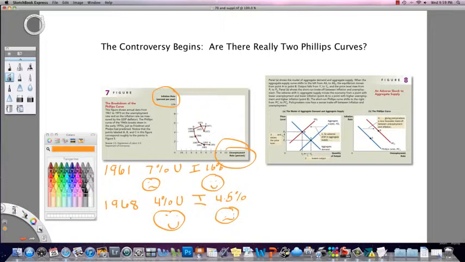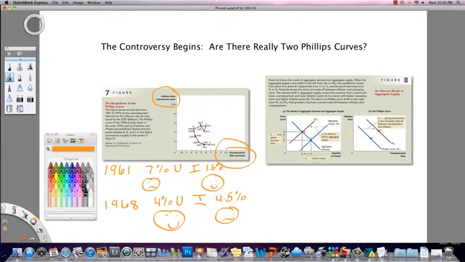4.5%. So what we learned in the 60s by looking at this data is that there's a trade-off, and government can choose which one they prefer. Do you want a time period in which inflation is low, but the trade-off for that is a high unemployment, or do you want a time when most people are working and the trade-off for that is high inflation? Now, I called this slide "The Controversy Begins" because in the